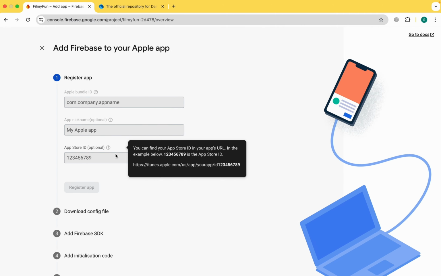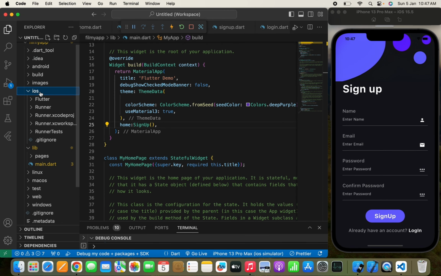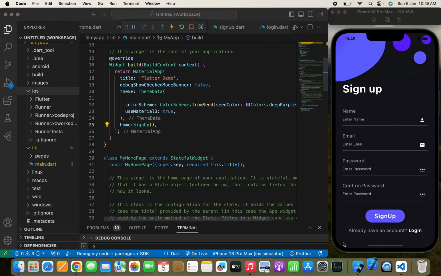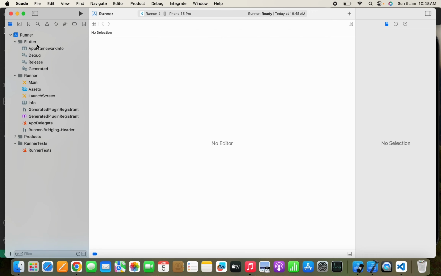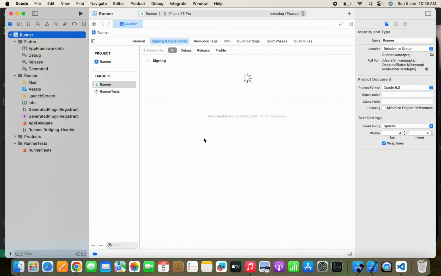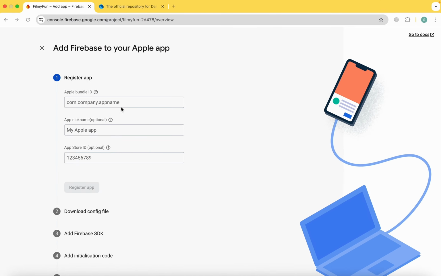So let's click on iOS, and we need an Apple bundle ID. You know how to get the Apple bundle ID. Simply open Xcode from here and we'll move to Xcode. Now here in Xcode I need to move to the Runner, Signing and Capabilities. Now we need to copy the bundle identifier from here and paste it in Firebase. So this is the bundle identifier. Copy it from here, paste it in the Apple bundle ID, click on register app and wait for a